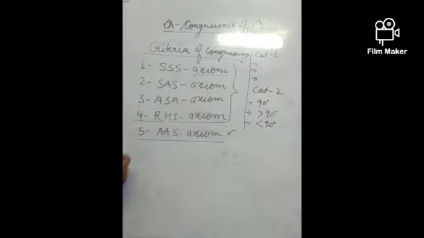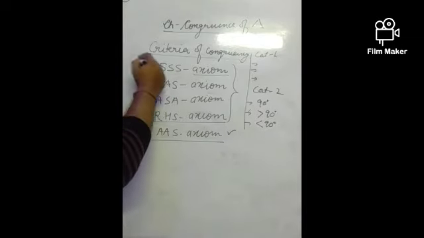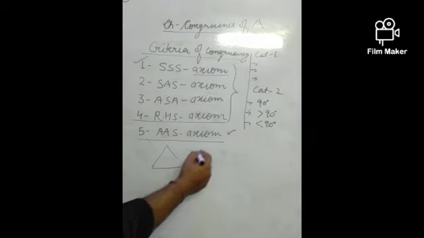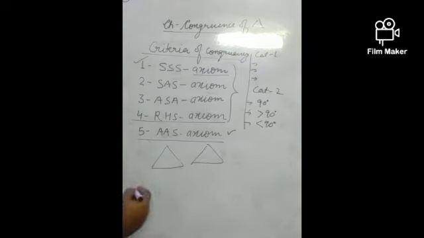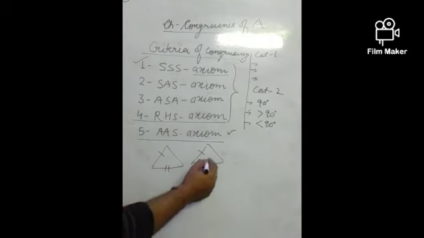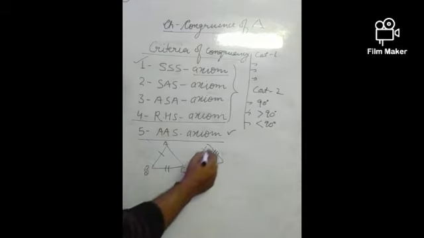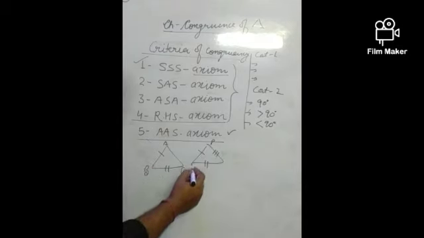Now let's discuss point by point about the congruency of triangles. About this first one, if two triangles are there, then side means this side, this side, this side, I have marked. And children, just wait a minute. I know eagerly you are looking at what I am going to speak.